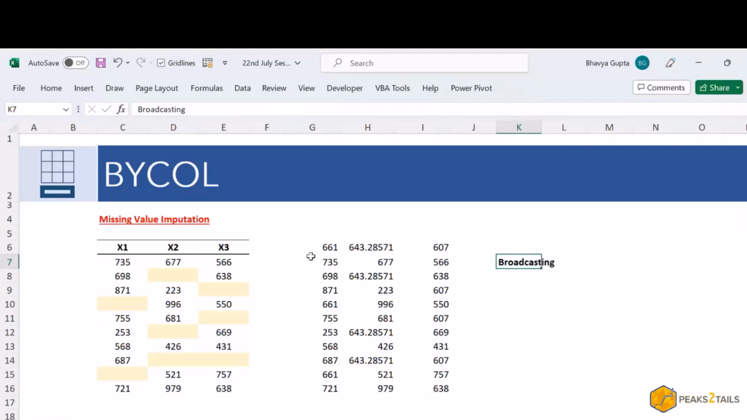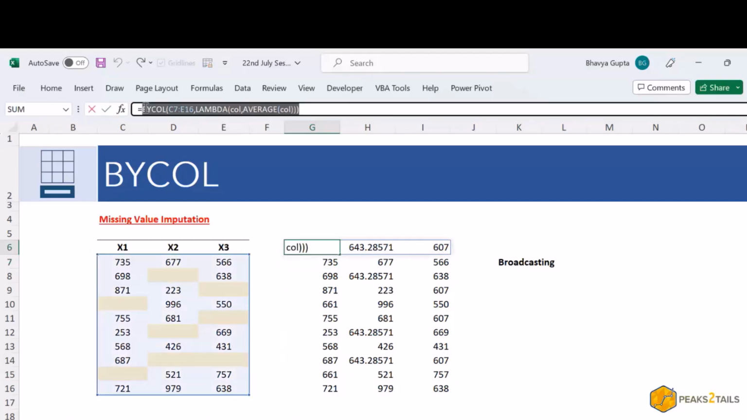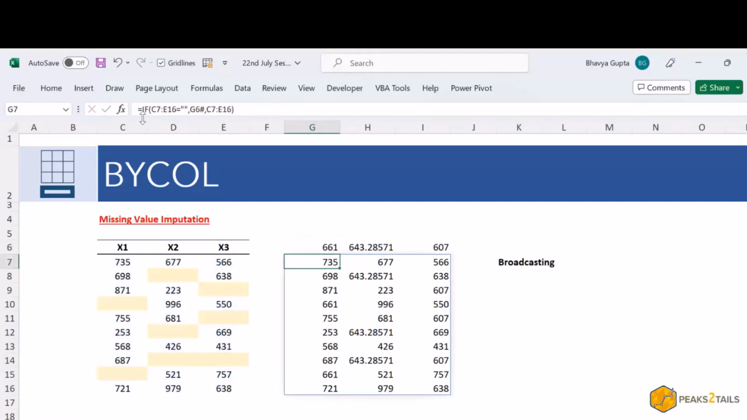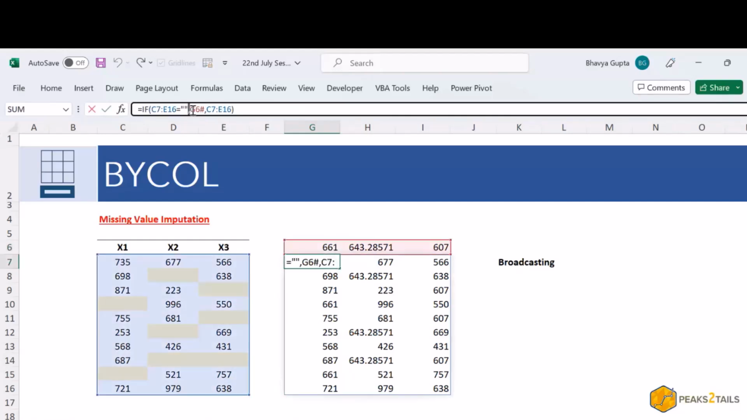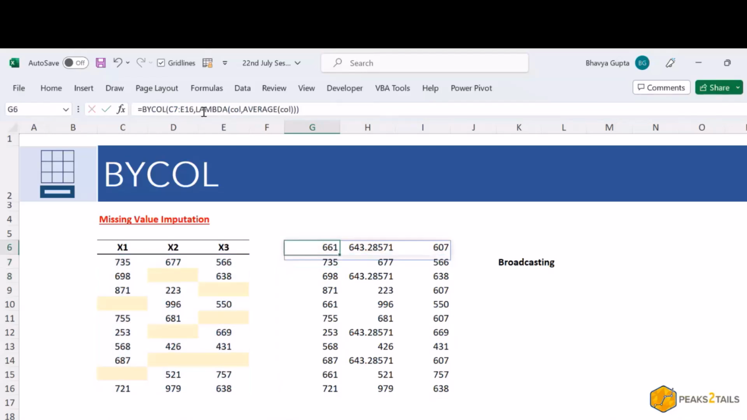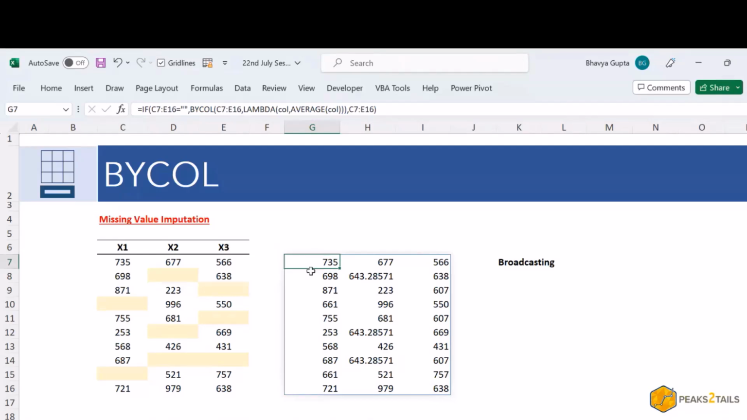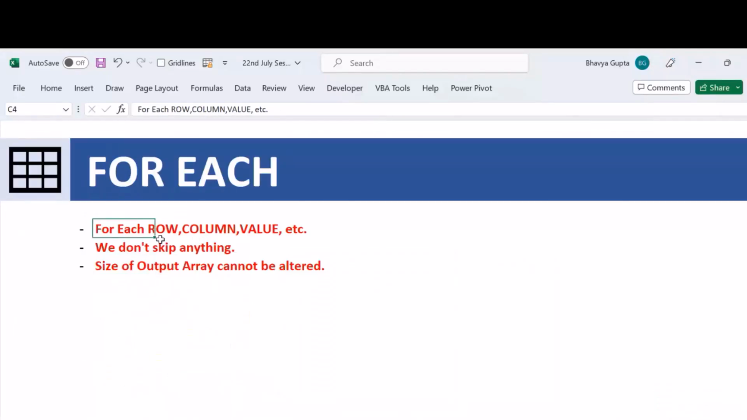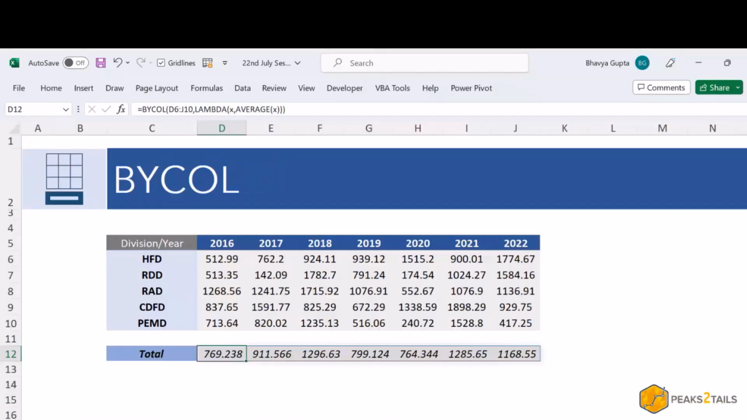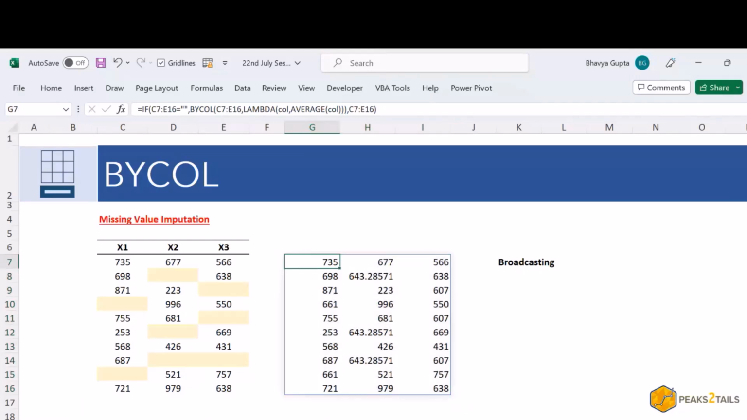So this is how it works, and we can again simply copy this and directly paste this formula here, and we can remove this as well. So this works like this. And again, we can see that the size of the output is 3 columns here, and for each condition the size of the output cannot be altered. So we have not skipped any column here. So let's move on to the next example,